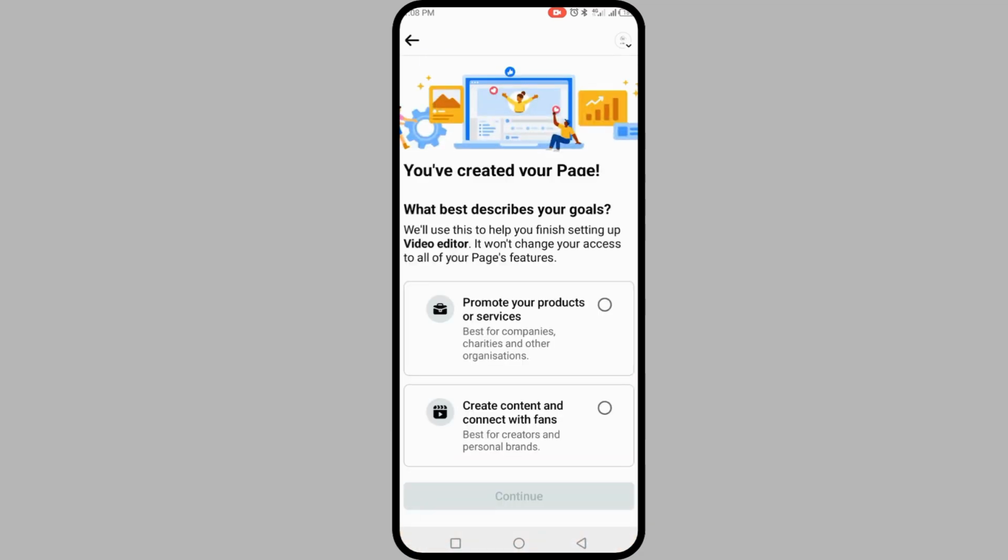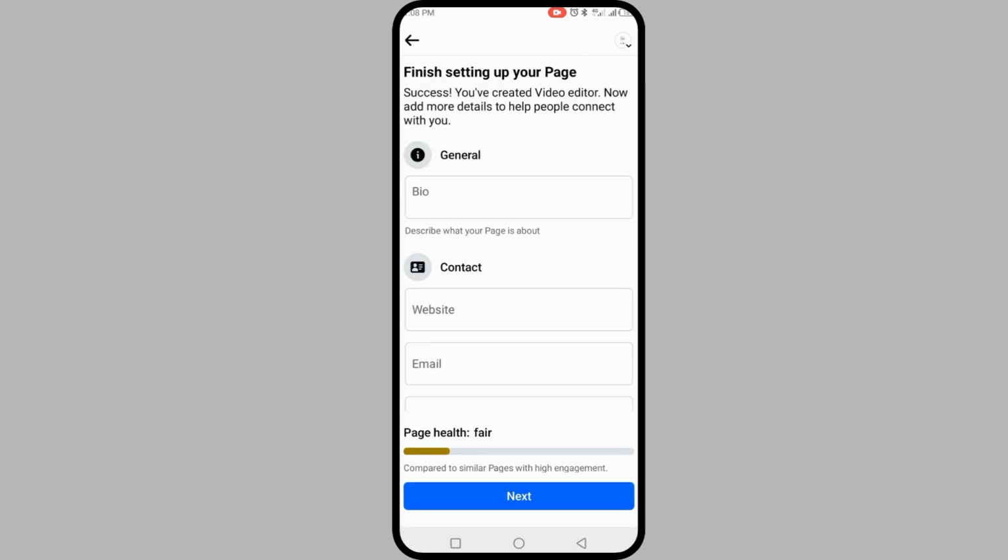Okay, now you have created your page. So what best describes your goal? What do you want to do? Are you going to promote products on your page? Are you going to create content and connect with fans? So I'm going to create content and connect with fans. So you click on continue, and after that it's going to bring you to your final section on your page,